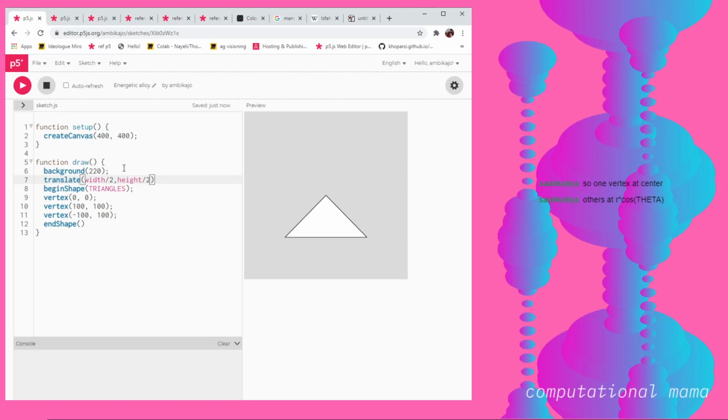Others are at r cos theta. Oh, okay. So if I have an x value, basically we are following that whole circular thing again. So maybe we'll just try it like x equals 100 into sine of angle and y equals 100.